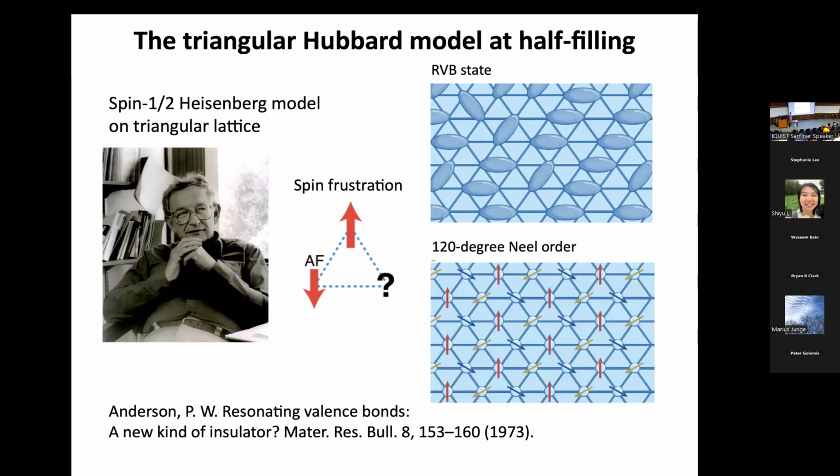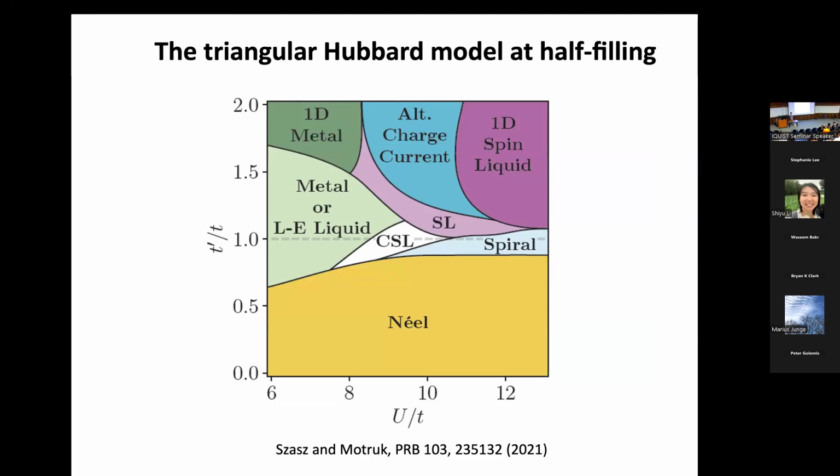In the Heisenberg model that Phil was looking at, the actual ground state for the triangular Heisenberg model is a state where you arrange the spins in 120 degrees ordering in the plane. There is a way to solve the frustration by arranging them that way in this 120-degree Néel order. This is just to show you that even at half filling, the triangular lattice is very interesting, even without doping. The square lattice, we understand things well, but in the triangular lattice, it's so much more complicated.